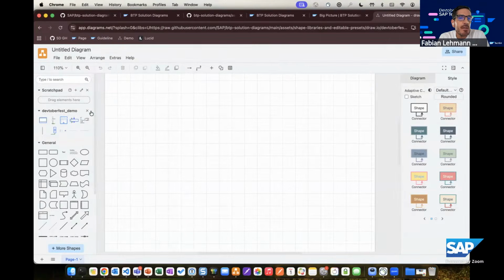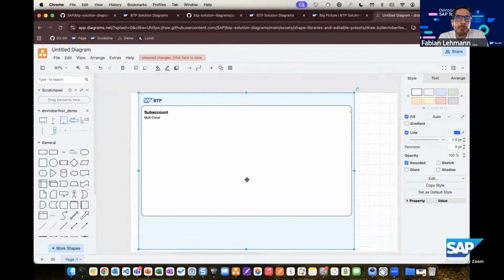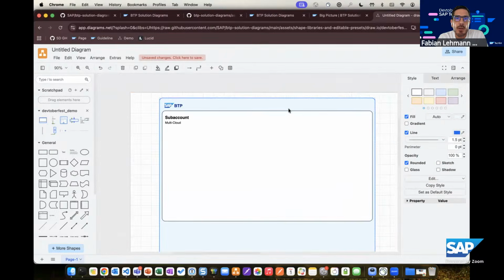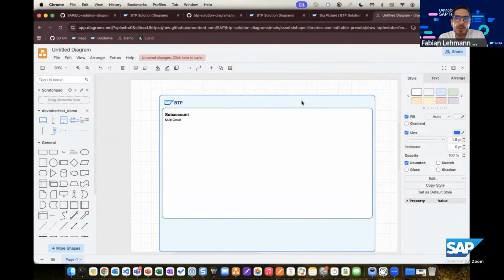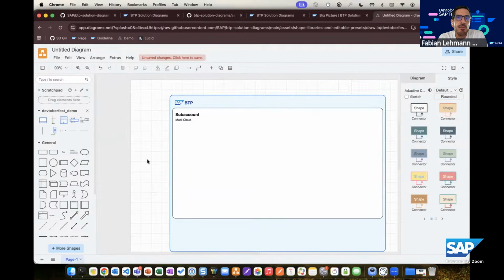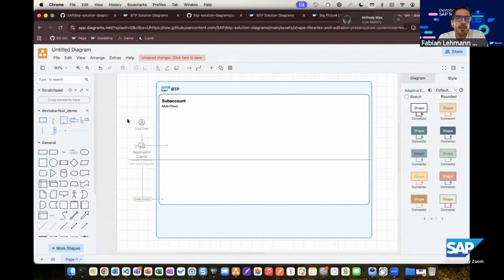So we're starting basically, and you see it here also in the library, which you maybe have access to now, with the BTP global account and sub-account structure I mentioned before as part of the guidelines. That's basically the blue and the white box. So we still want to have these main pillars as part of the BTP solution diagrams. And the next step, what you need to create for sure, is the end user perspective. So you will have, for example, an end user which will maybe get access to this